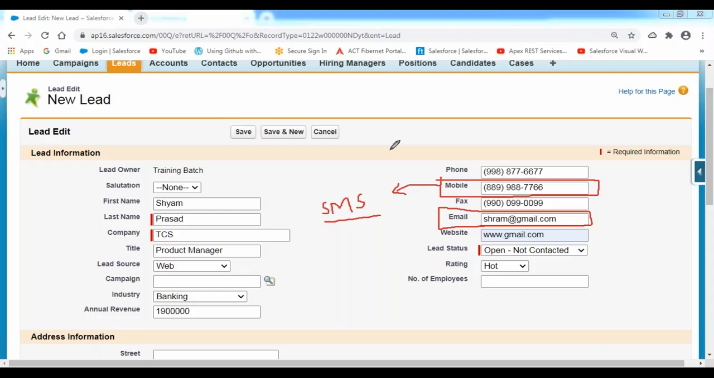Now tell me, do we have any facility to send SMS in Salesforce? No. We don't have any SMS options in Salesforce. But we have the email notifications option. Email notifications we can send through Salesforce, that possibility is available. But we can't send SMS notifications, because if we want to send an SMS, we need